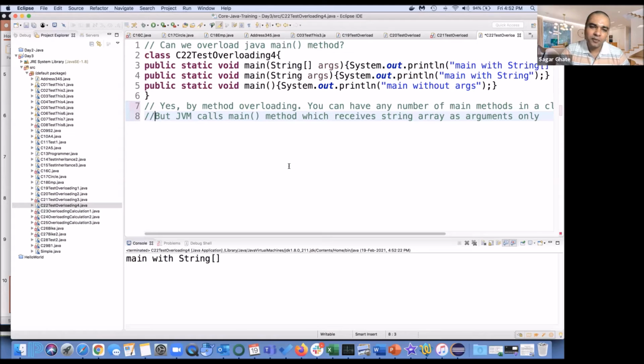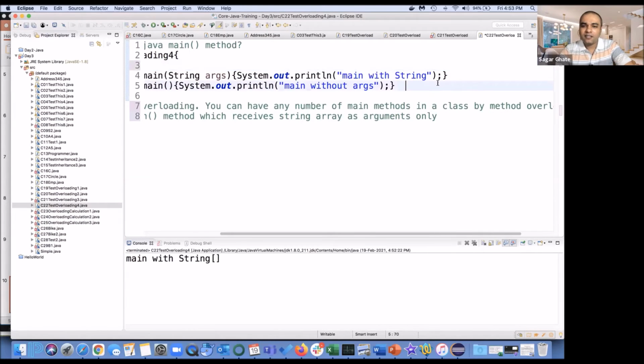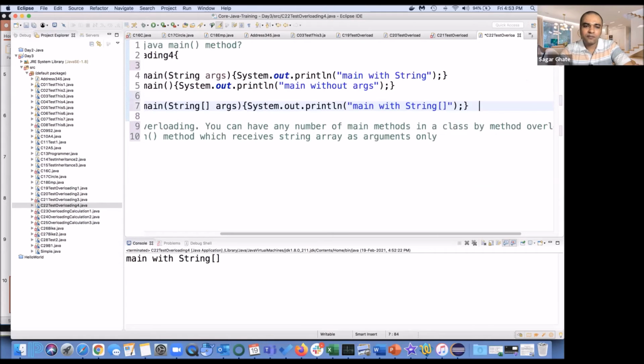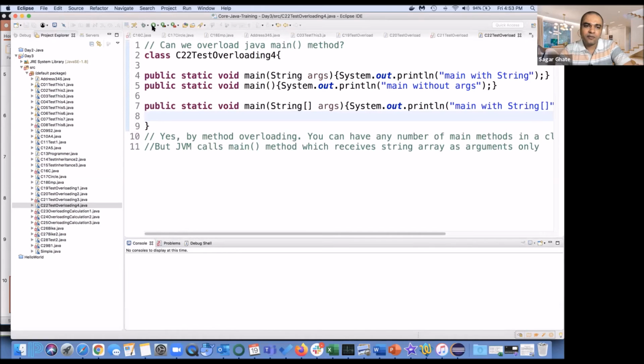You are not violating any rule. So you can have different main methods with different signatures, but the JVM is going to load only this one. Don't think that it is called because I wrote it at line number 1. If I cut it, put it at the bottom, clear it and run it,